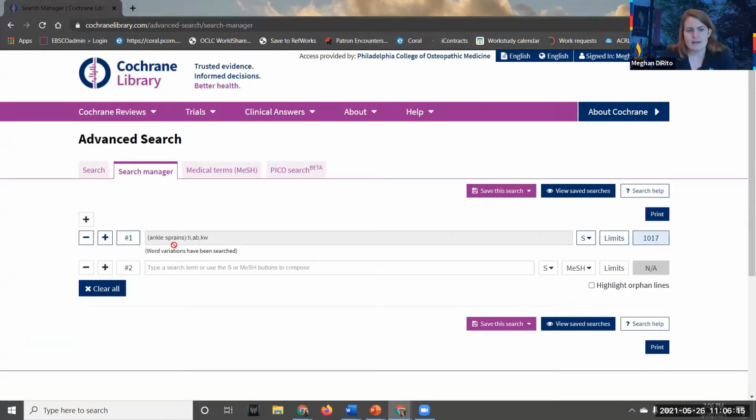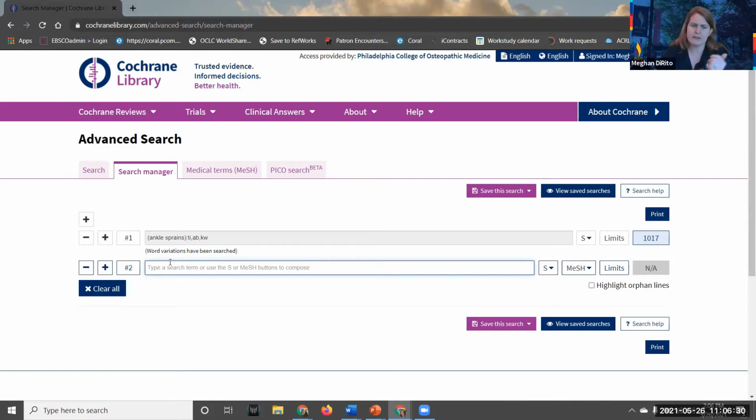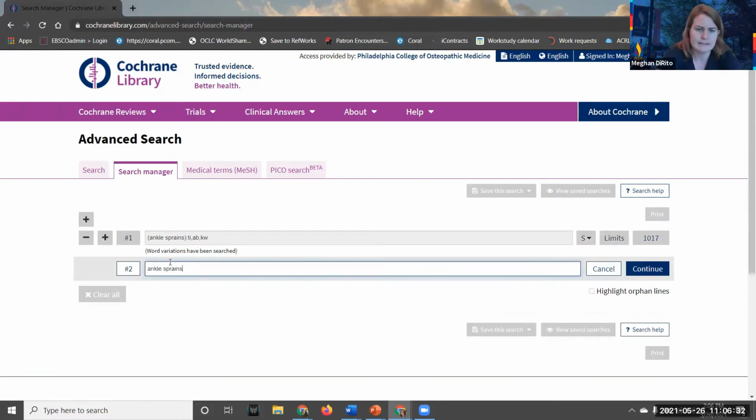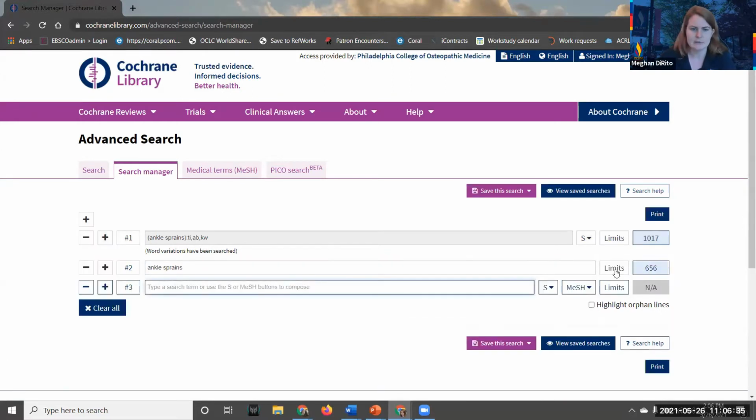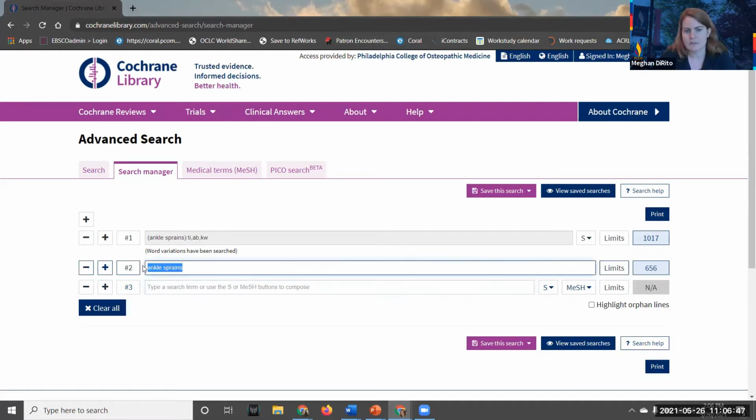And when I send it to a search manager, there's a few things to keep in mind. Cochrane automatically, if you're searching from the enter search bar, does go ahead and search word variations. You can manually go to search manager and type ankle sprains in this case, and I would hit continue. But as you can see, over here is a box which tells me how many results they have found for ankle sprains. Just typing in ankle sprains by itself does not mean word variations have been searched, and it notices as such, and you can see that I have fewer results,